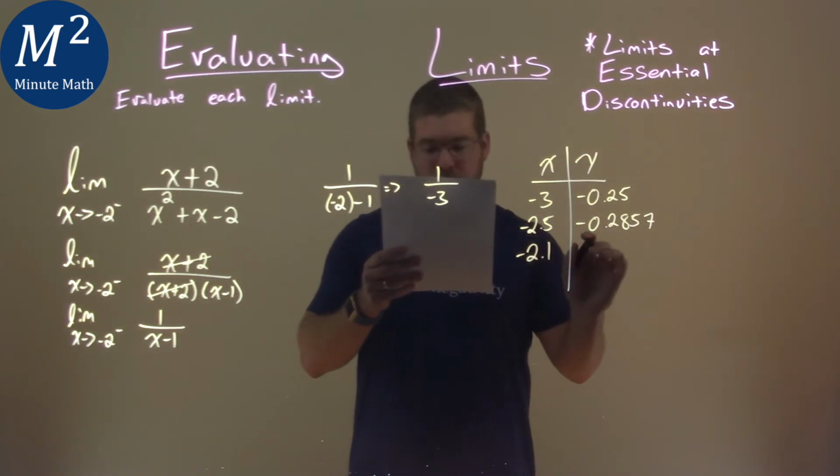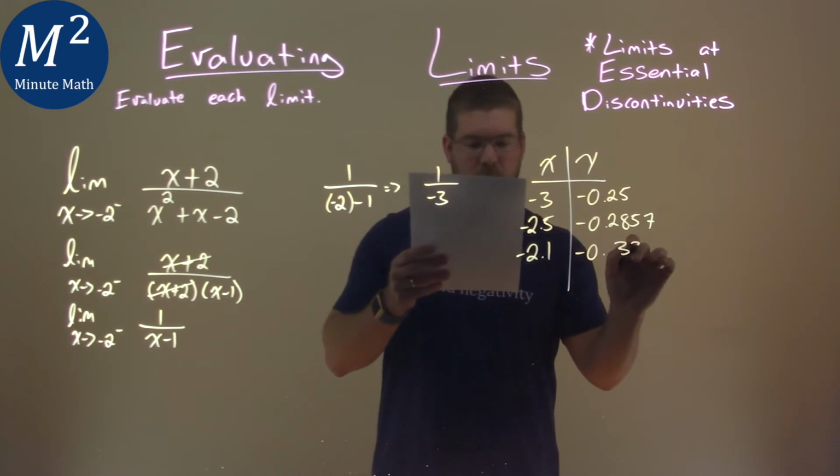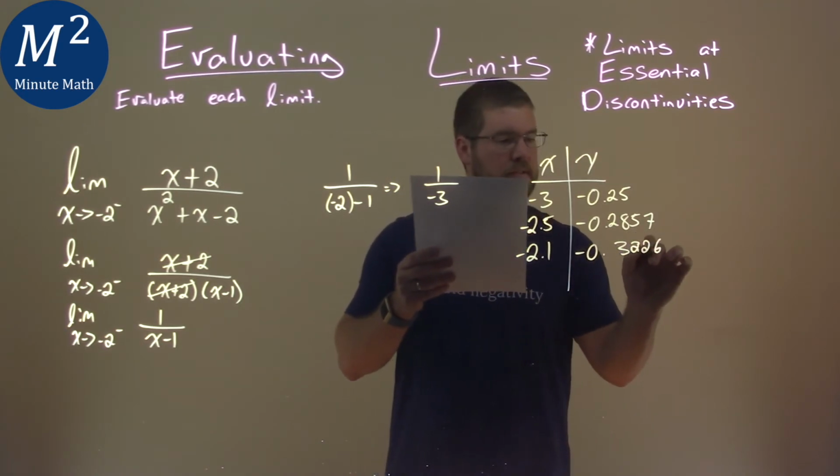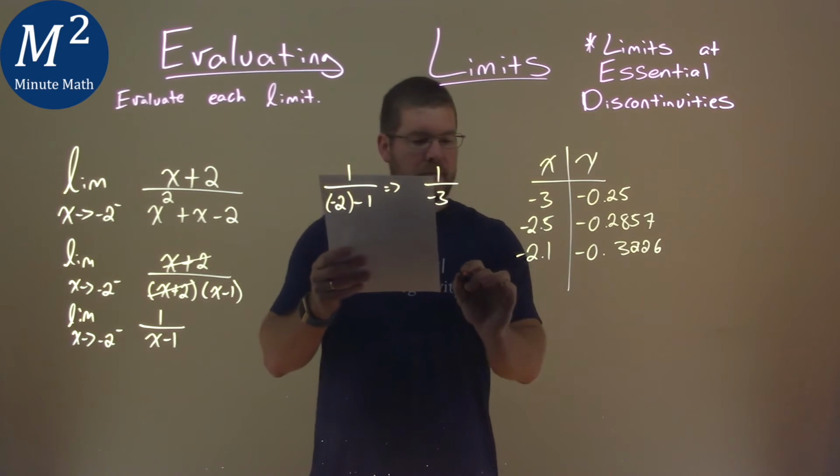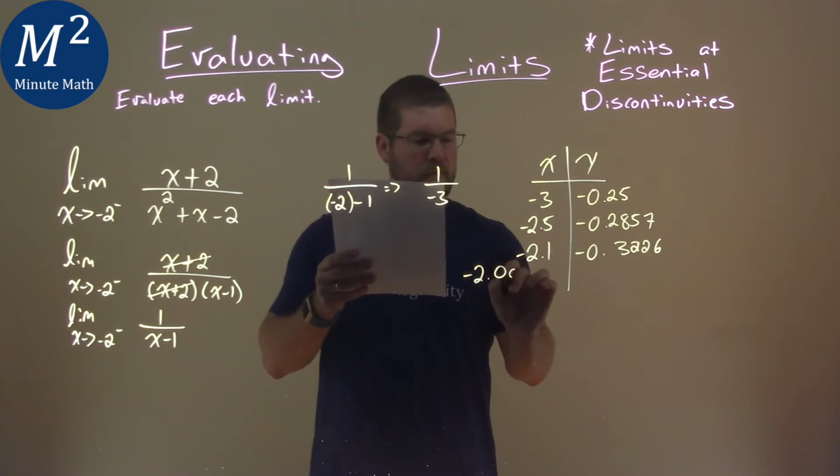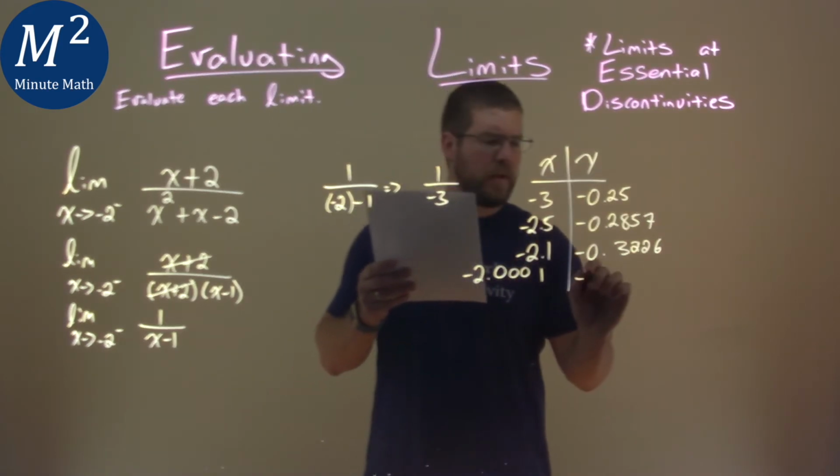Negative 2.1 in for x, we get approximately negative 0.3226, and these are all approximate. And then negative 2.001, we get a negative